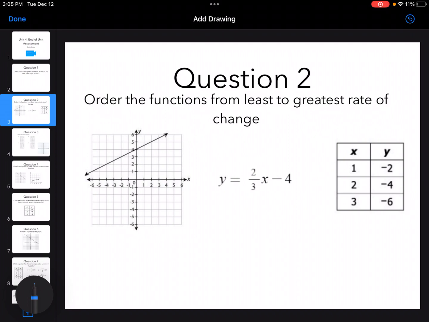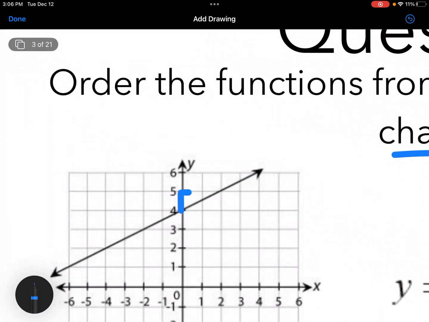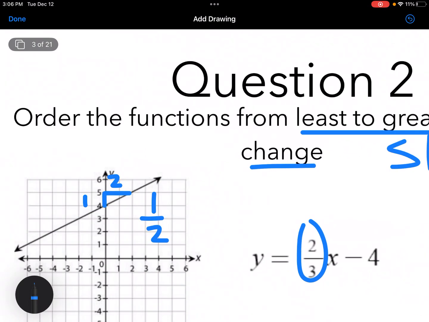All right, for the next one, they want us to order these from least to greatest in the rate of change. So that's your slope. Rate of change, they're talking about your slope. So your slope here is your 2/3. Your slope here is 1 over 2, so 1/2. And your slope here